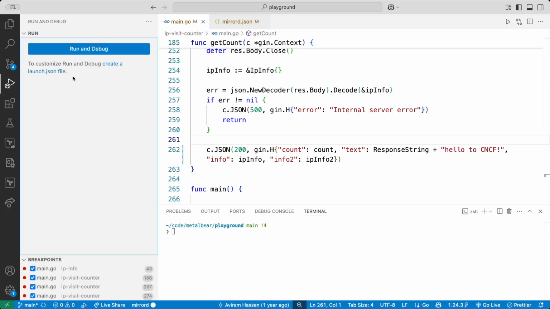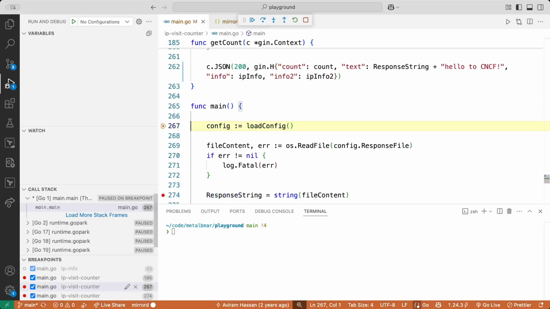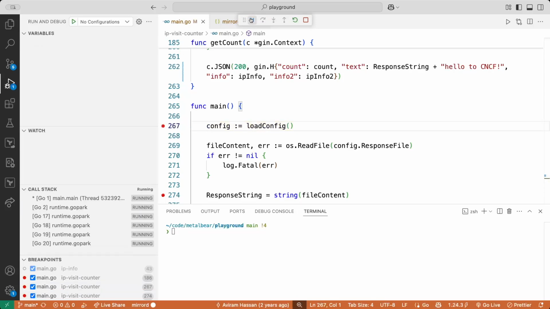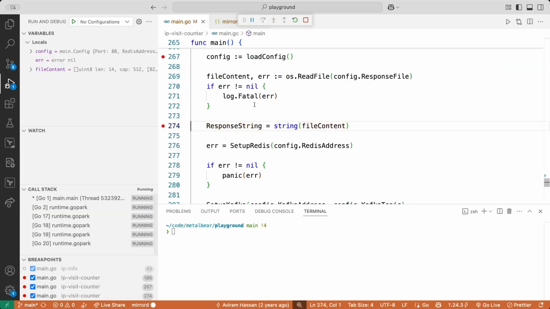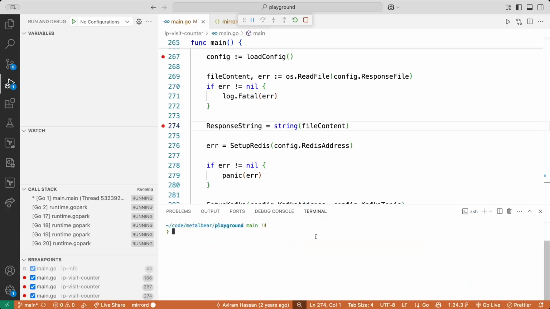So again, I go to my run and debug console and I just click run and debug. We select the service. And now things are up and running. We saw this part already, so we can skip this. And now basically our service is running and listening. So first we want to verify that it is not affecting all requests. So if I send a request to the same endpoint, it will not hit our local machine